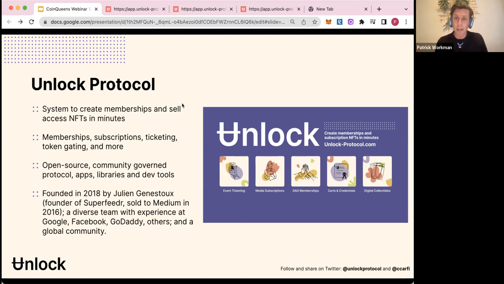So what Unlock has done is given NFTs the ability to expire. Within the contracts available on Unlock, they're creating tokens with expiration. Because if tokens can expire, it means that you can set up predictable and recurring revenue, and you can actually create business models that are on blockchains.